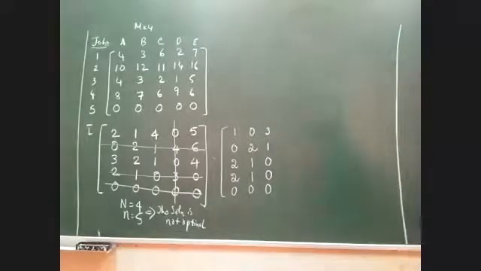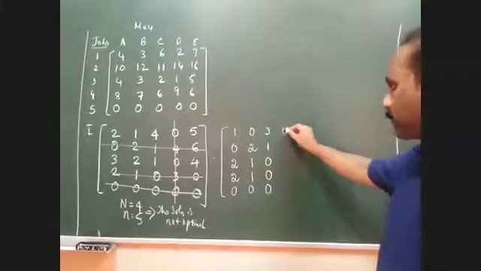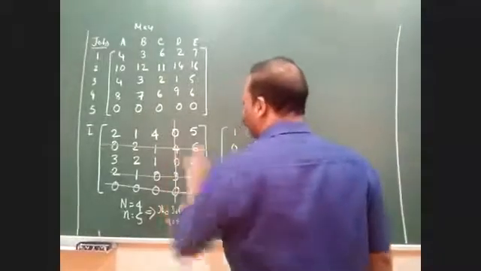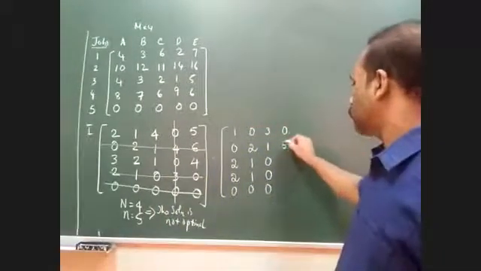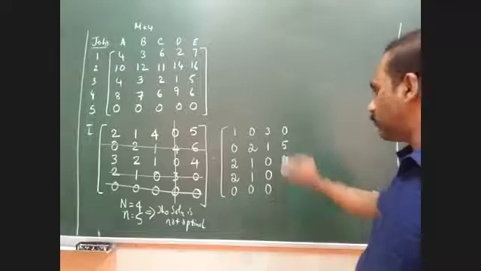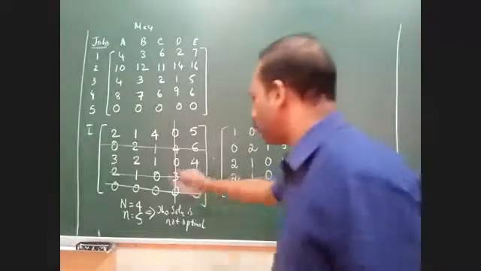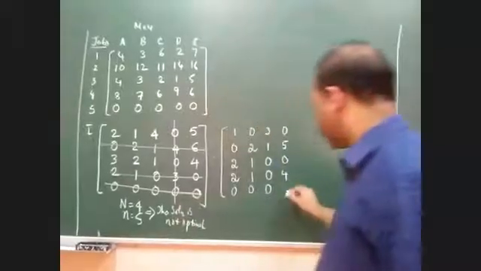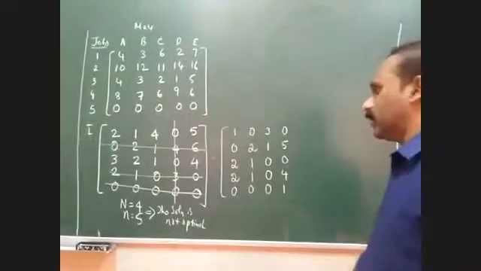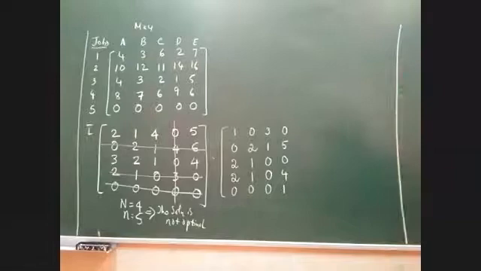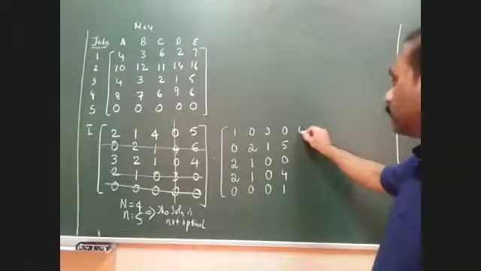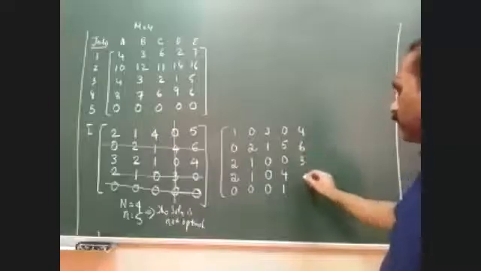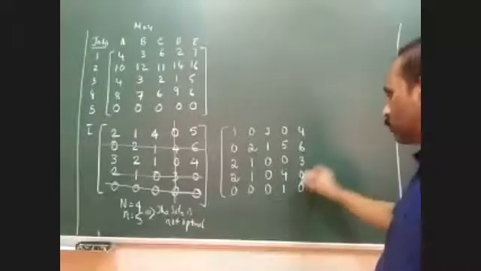Now coming to the fourth column, the first value remains the same. Now since the 4 happens to be at the point of intersection, the value has to be added here. So this becomes 5. Again this remains the same, no changes. Again 3 is the point of intersection, therefore it becomes 4. And again 0 is the point of intersection, so it becomes 1. Alright, now we'll come to the last column. In the last column the values are: this is 4 and this remains the same, this becomes 3, this becomes 0, and this is 0 again.